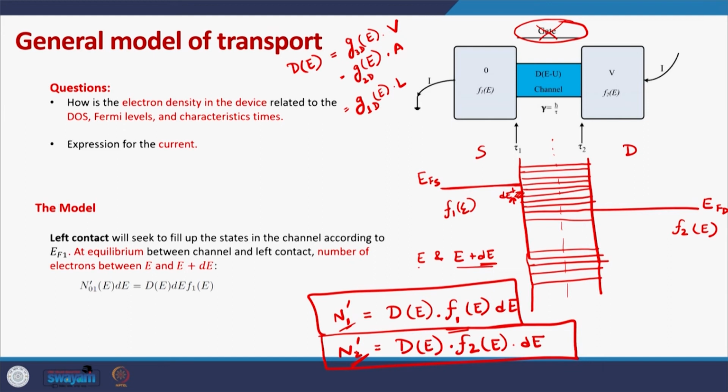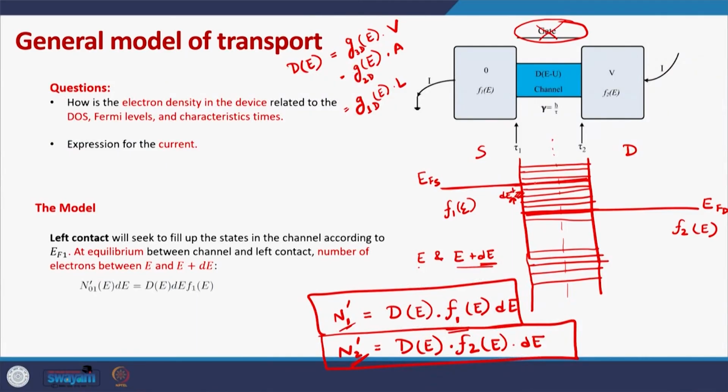The source is trying to make sure that N1 prime electrons are there in the channel; essentially all the states up to this point are filled. The drain contact is trying to make sure that N2 prime electrons are there in the channel, up to this point states are filled. In steady state, when both contacts are connected, the electronic population will be somewhere in between N1 prime and N2 prime. So, let us say that